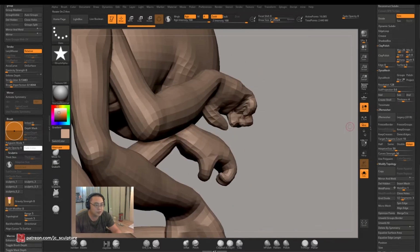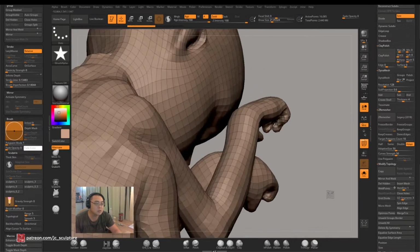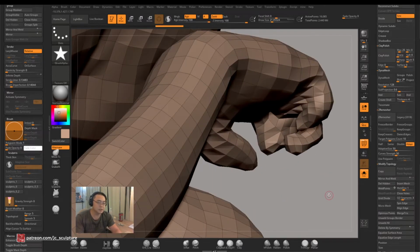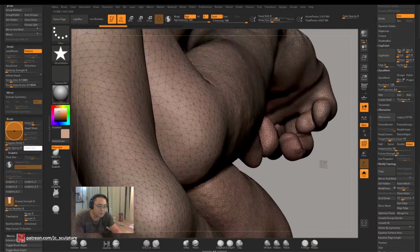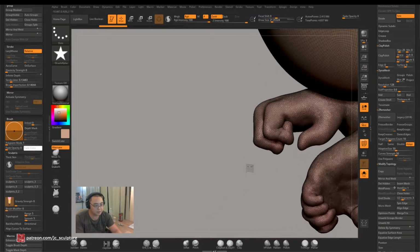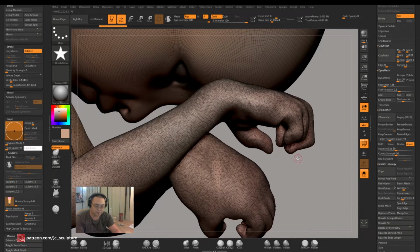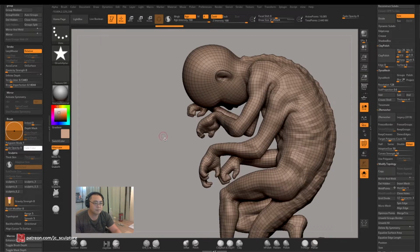Got a little bit of weirdness going on here. No, that's okay. Yeah, got a little bit of pinching. Okay, so you see where it joined, where the fingers, I didn't move this guy out. Now, in the grand scope of things, it doesn't really matter. Don't get to see it, so I'm not going to worry about that, I don't think. And if we compare this one to the previous one,